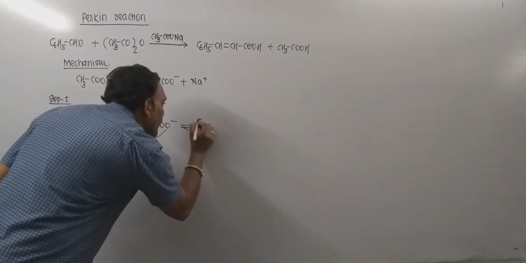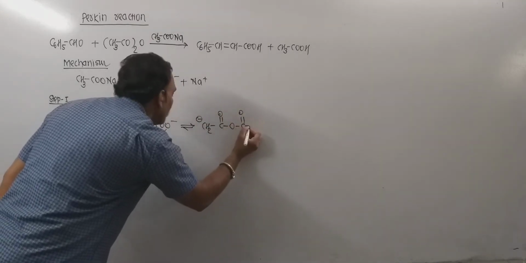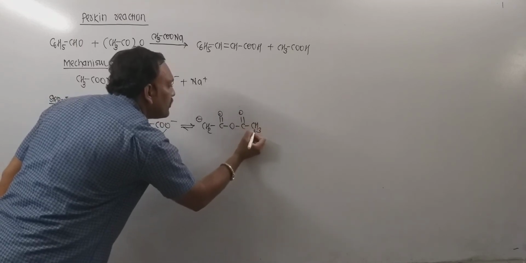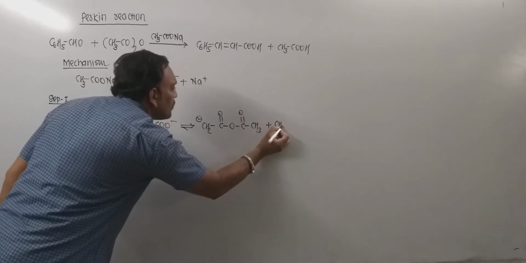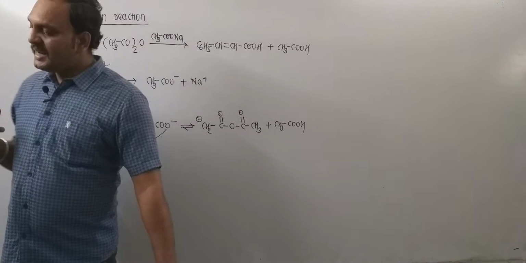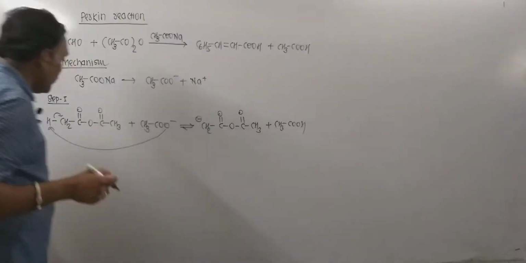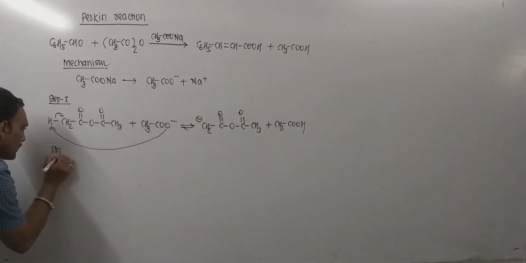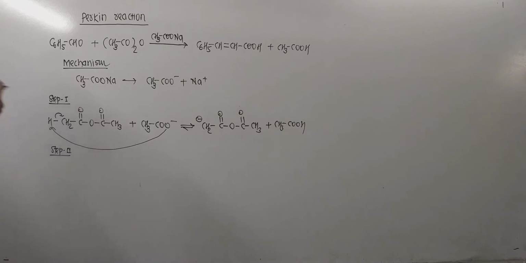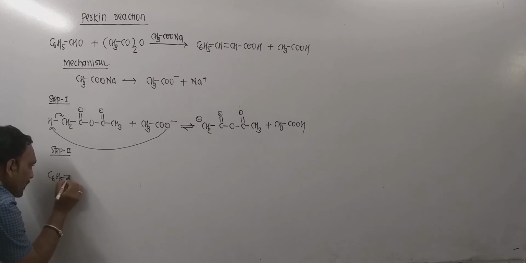So the carbanion so produced can be given as, this is the carbanion formed due to departure of what? Alpha hydrogen atom, which is ultimately removed by the base. So base plays a very important role in the removal of that. Now in the very next step what happens? I mean in step number 2, the carbanion so obtained attacks the carbonyl carbon of aromatic aldehyde.